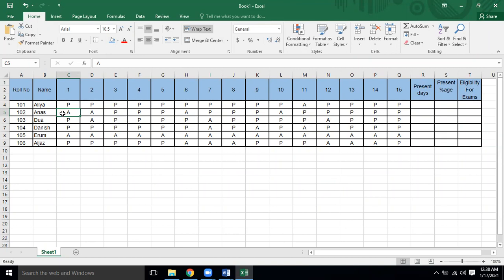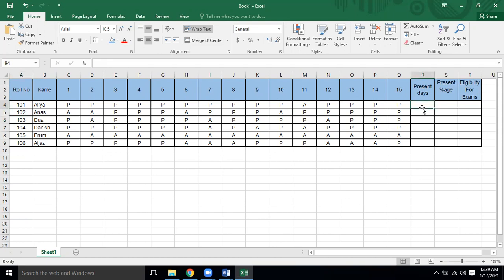Fine. So whatever the text is given, you are not going to change the P with the A or the A with the P. Why? Because we will have the answers over here. The percentage answers are there that we are going to check. I hope this point is clear. So you are not going to change the names, or even the roll numbers. Whatever is given, you do it and then apply the formula. I hope this thing is clear.